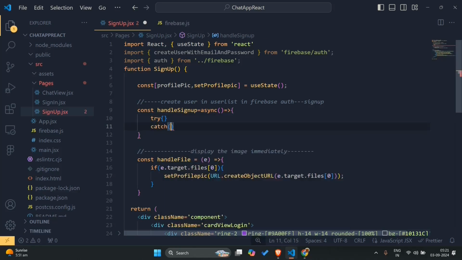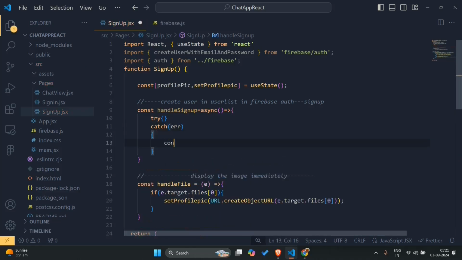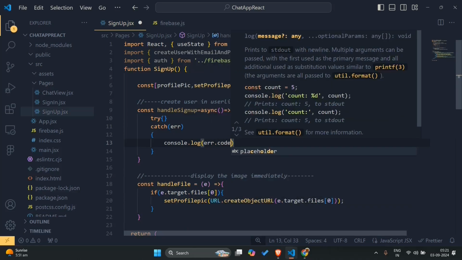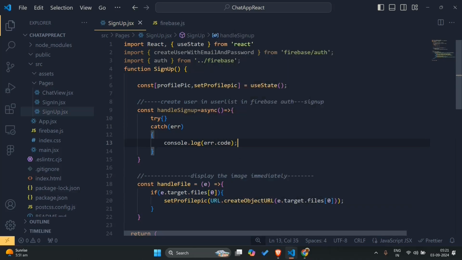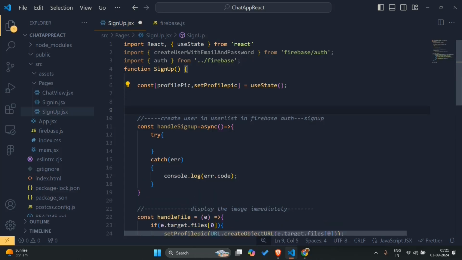It's an async function, so let's add try and catch, and in catch we'll say console.log error.code, and in try, and here I'll